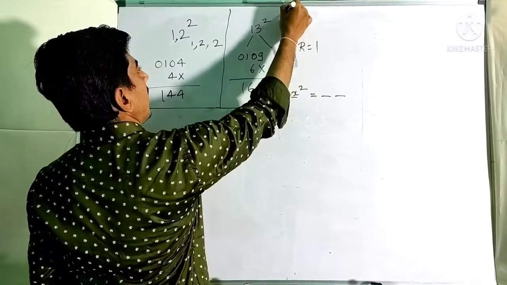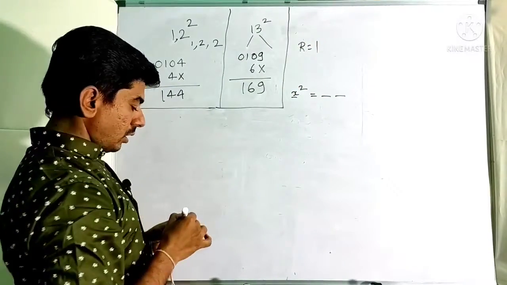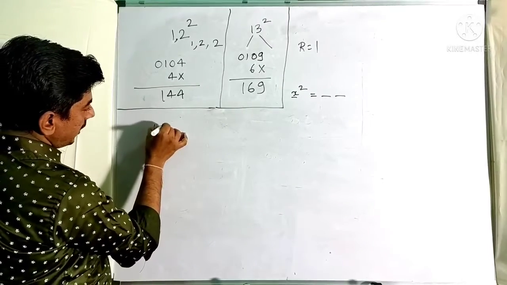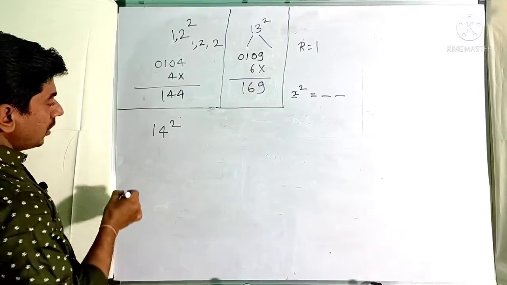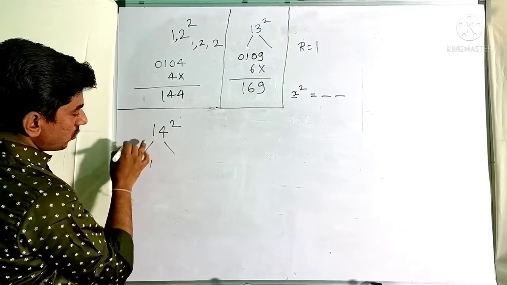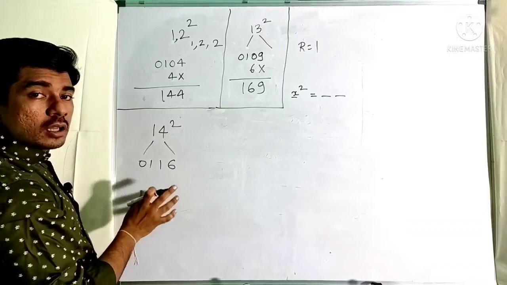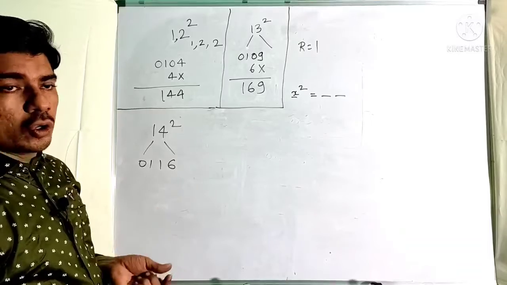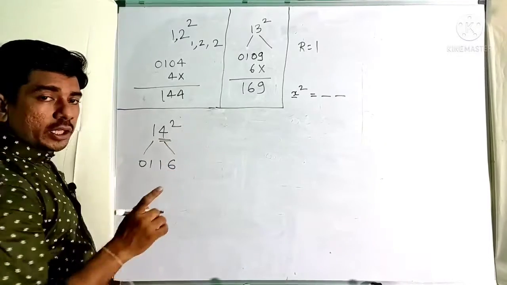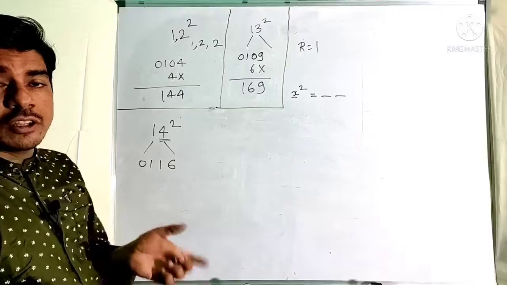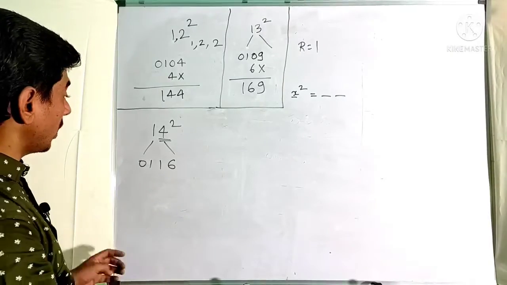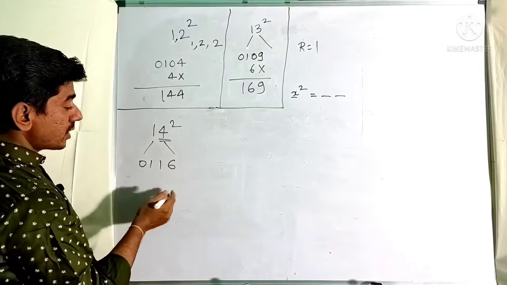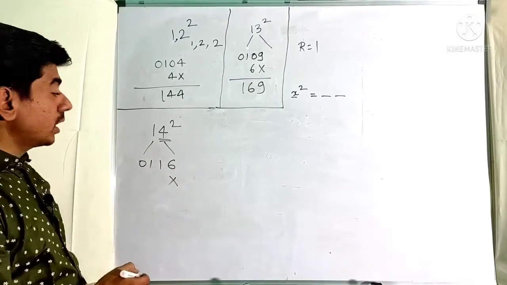These two examples I have explained a little slowly. Now let us speed up. Okay, now again two parts. 1 square will be 1, 4 square will be 16. Here the answer itself is coming in 2 digits, so nothing to bother about whether we have to take a 0 or not. What we need is, if we are taking a square of a single digit, it must be in 2 digits. If it is not in 2 digits, just convert it into 2 digits. Now again the right part, how many digits does it contain? The right part contains a single digit, therefore you have to leave a single digit.